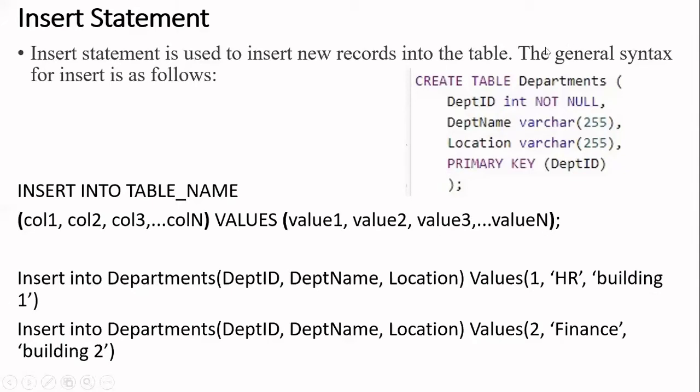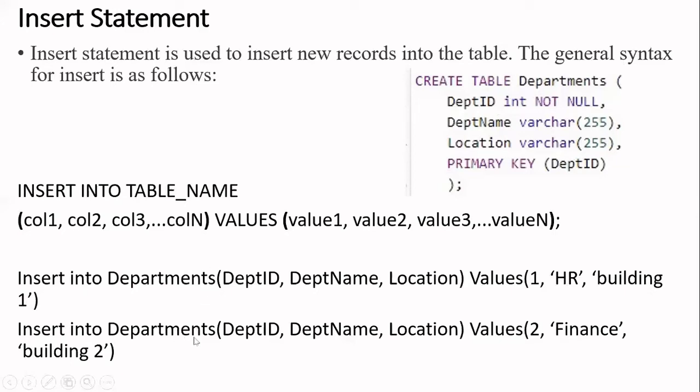For example, we are inserting the data into department. So insert into tableचं नाव काय येईल आता इथे? Department. What are the fields or columns of the table? That are department ID, department name, location. Then after that values, put up their values. As we know, department ID is integer, so we write 1. Department name, it is a character, so we enclose it in a single quote. So here we write HR department, and the location is building number 1.